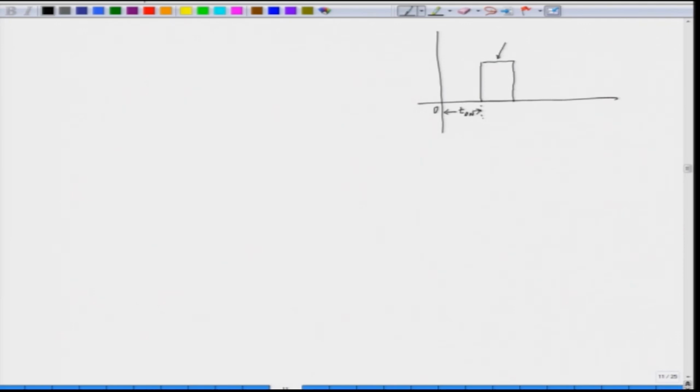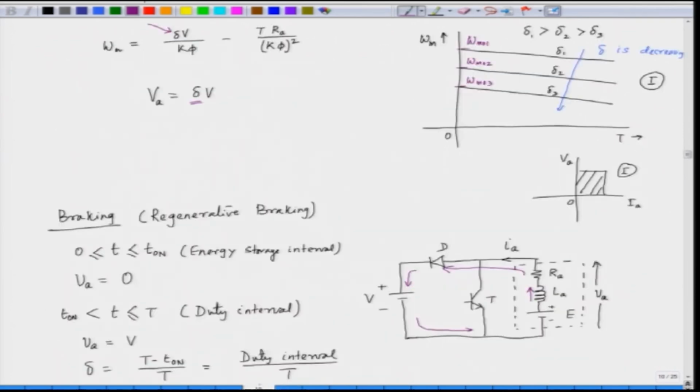What I am plotting here is armature voltage V A. In the y axis we are plotting the armature voltage and armature current. In the x axis we have the time. So, the current builds up here. The current builds up because the armature is short circuited,